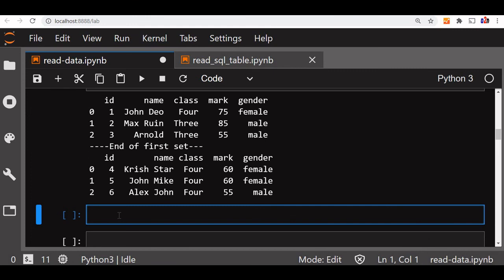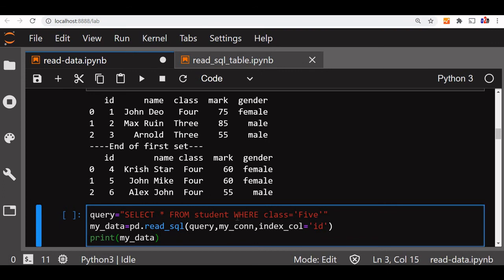Let's paste our common code here, whatever we are using. So here let's remove this index option. At minimum we have kept query and connection. Select class, then count, because we want how many records there are against each class. From student, group by class. This will tell us how many records there are in each class.